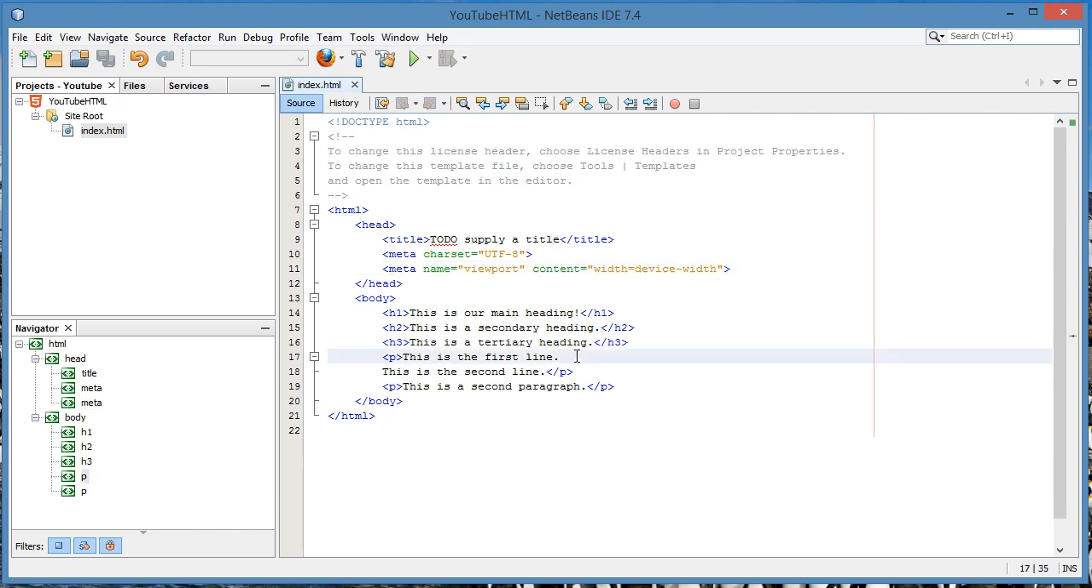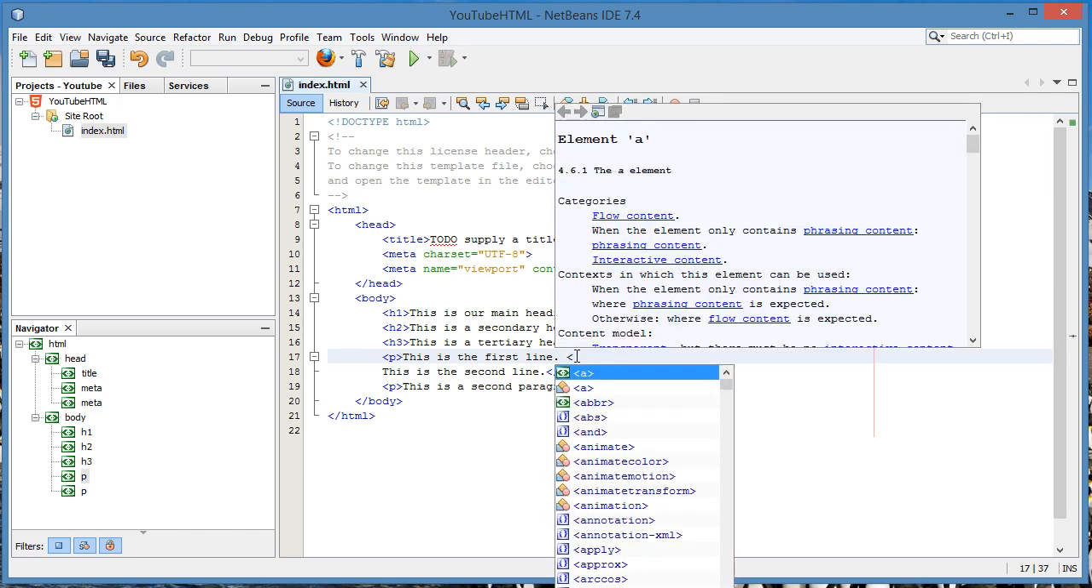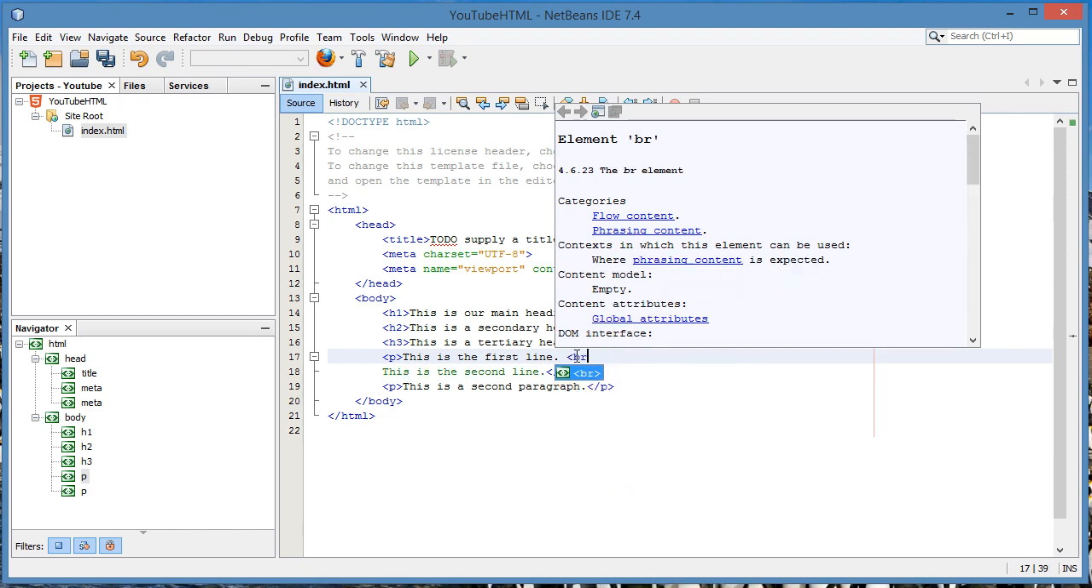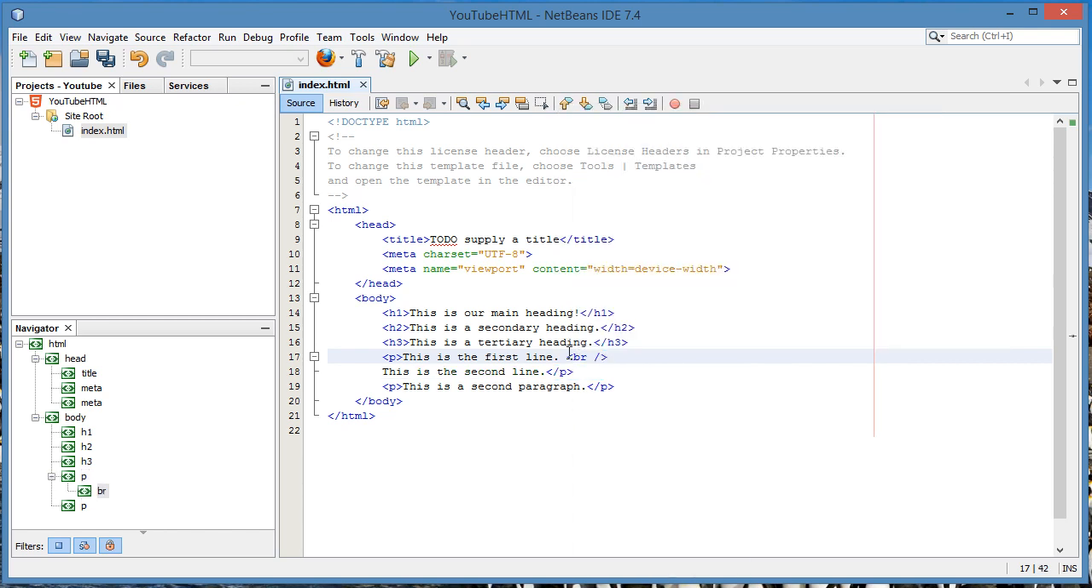So to say that you want that part to go in the second line, what you use is a break tag, like a break line tag. So that's an open pointy bracket, br, and then forward slash, and then this other pointy bracket. So when you're in NetBeans,